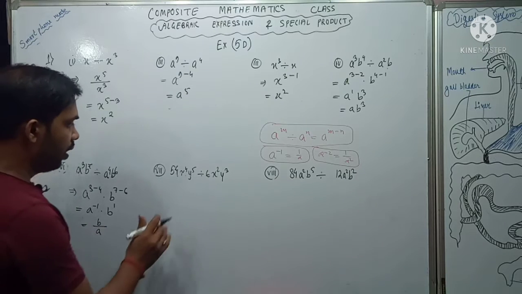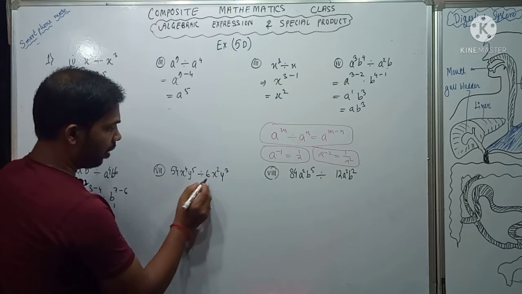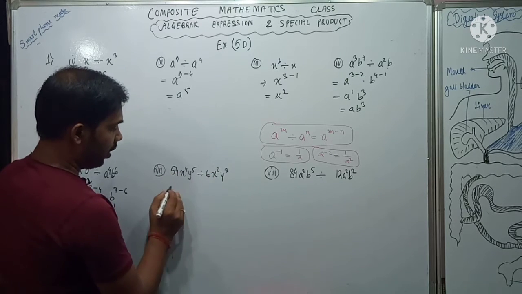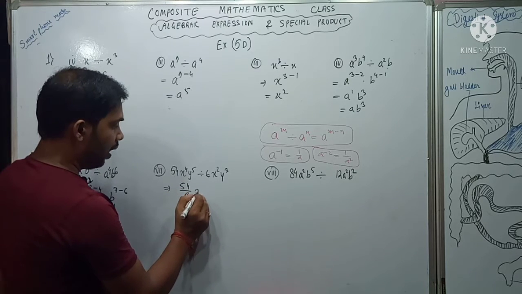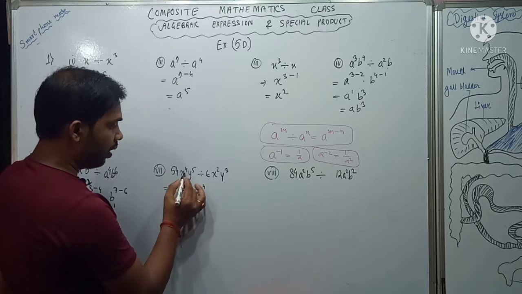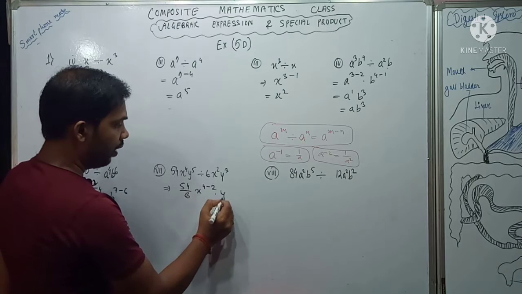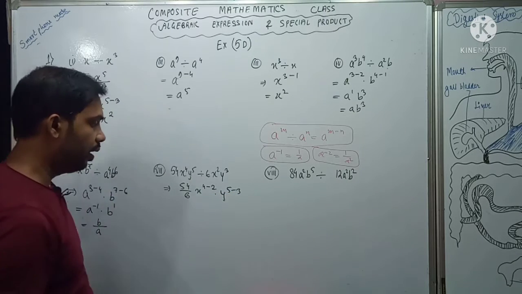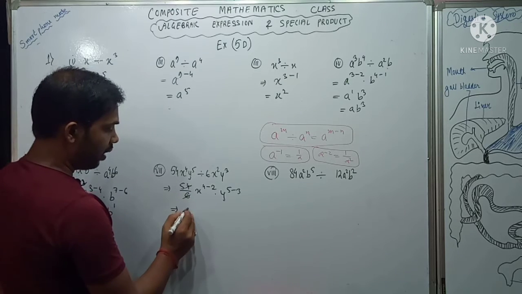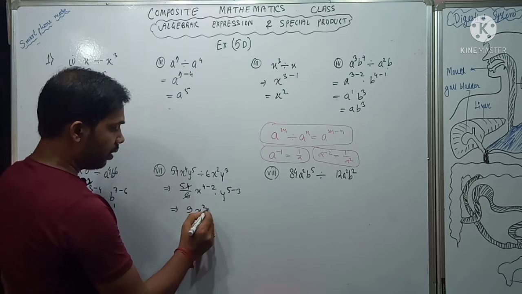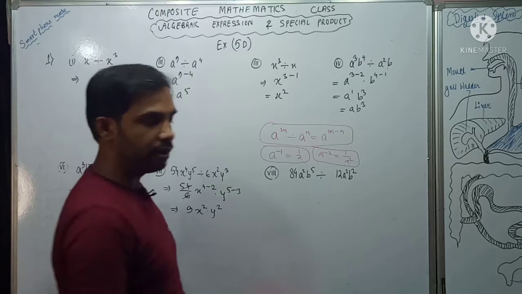Okay. Next you see, it is 54 x power 4 into y power 5 divided by 6 x square y 3. So number will be divided with number. See what I told, number will be divided with number, x will be divided with x. But here you see, we know that it will be subtracted. So I will subtract, and for y, it is 5 minus 3. Okay. So you divide, 6 9s are 54. So it is 9, then x square and y square. So easy only.